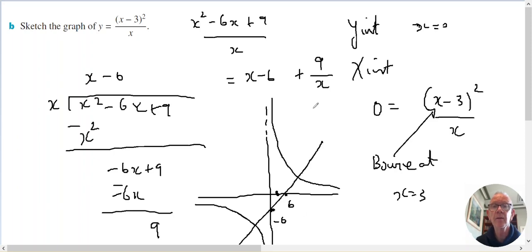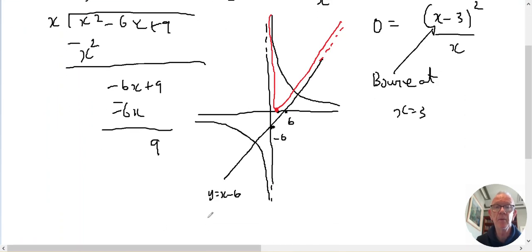And I know that, if I just move this out of the way, there is a bounce at 3. I'm adding these together. This will be asymptotic, so I'll have a graph that comes down and bounces at 3 and then goes up. And I'll have an asymptote that will be asymptotic to this line, asymptotic to this, so my curve is going to look like this. So these are going to be my two curves,